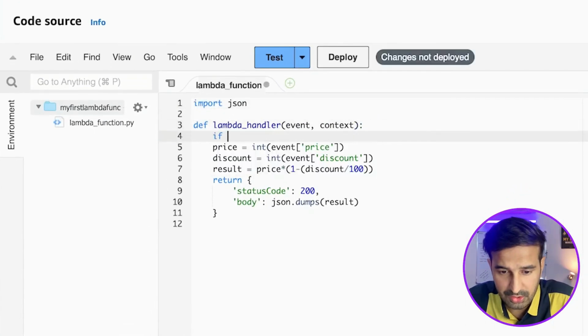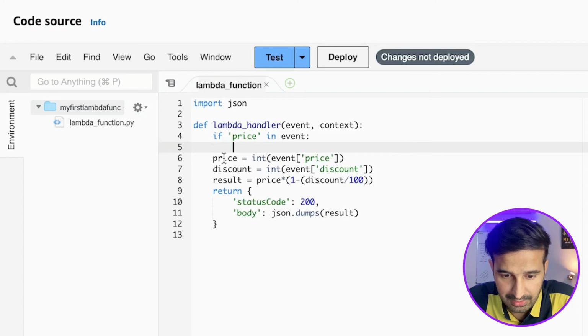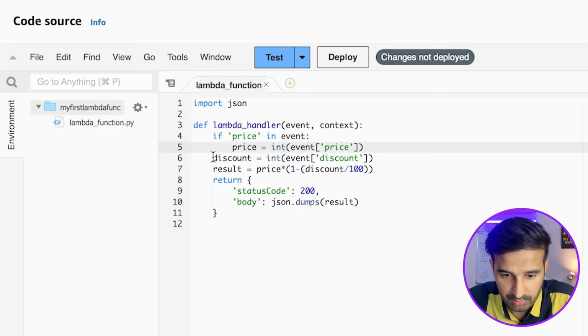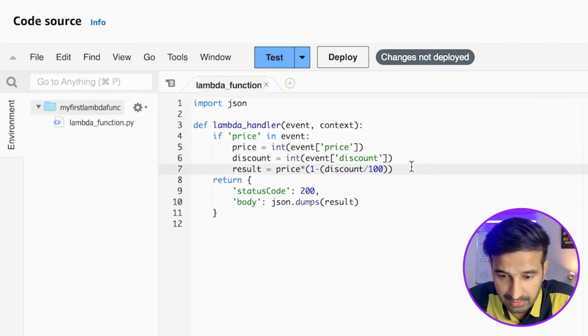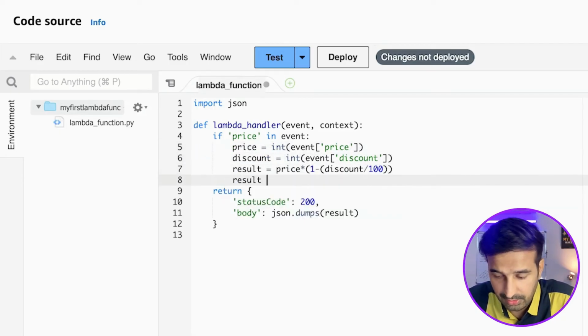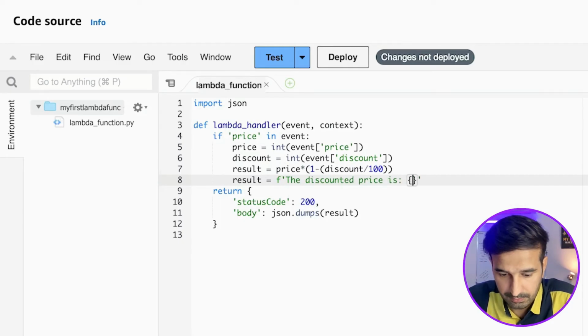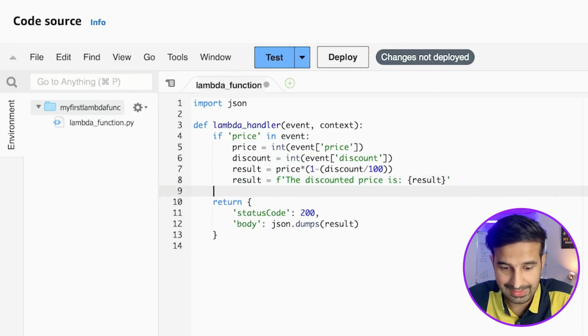So I'll use an if condition. I'll put in: if price in event. That's how you check if the price field is there. So what will I do if this is there? Then I will do all these variable assignments and find the result as well. And then I'll put the result in as a formatted string like this: the discounted price is result. All right, so I've created an output as well. I'll be returning this. Else,